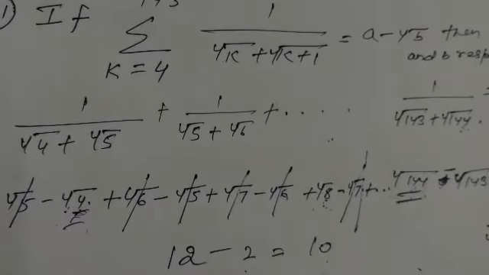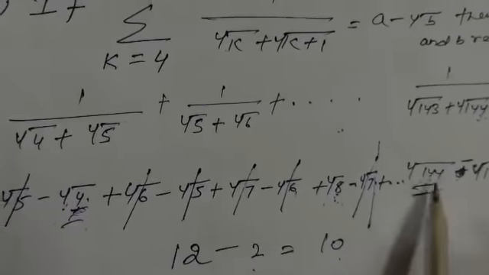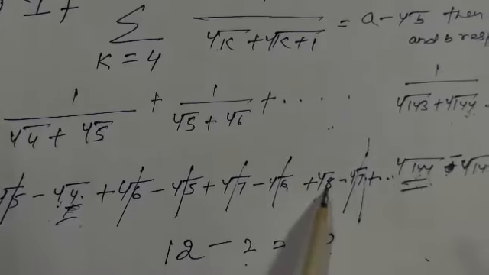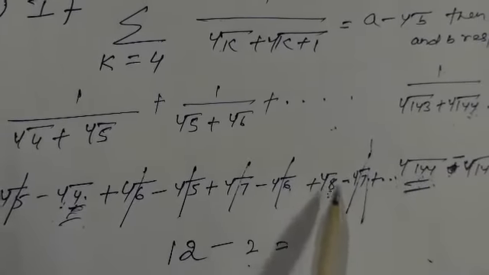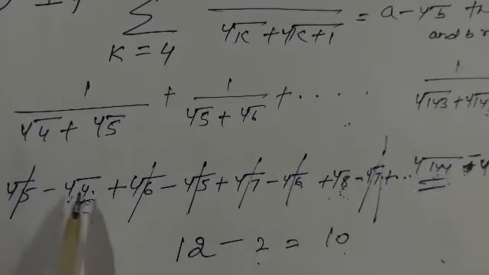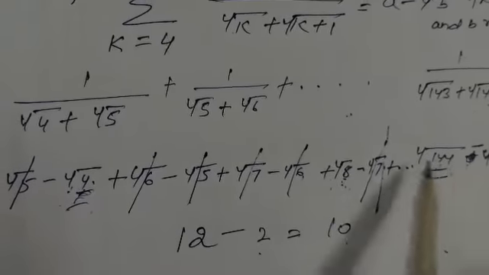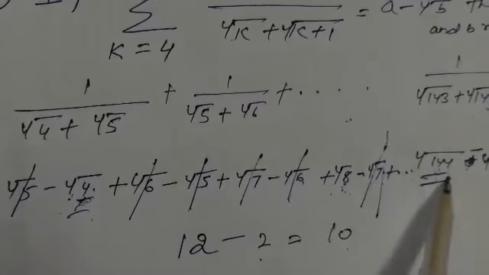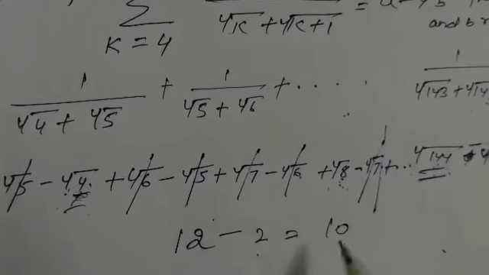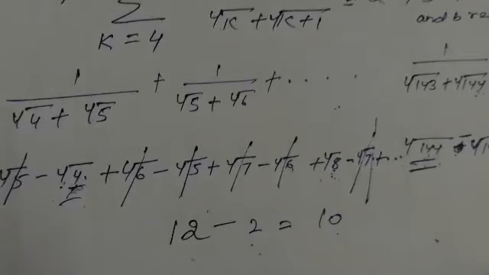By observation we see that when the last term is even, here 144, and I took an even term 8 as the example, the second term is left and the last term is left. Similarly, I have done this question. I leave the first term's second part and the second last term. The second last term is root 144, which is 12, and root 4 is 2. So 12 minus 2 equals 10.